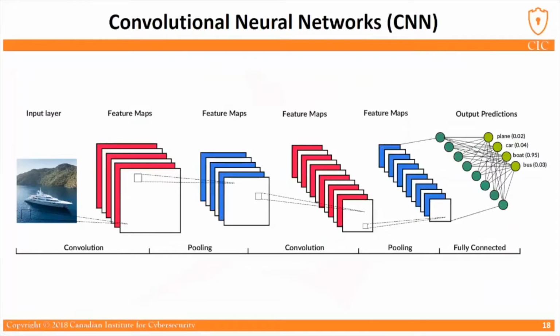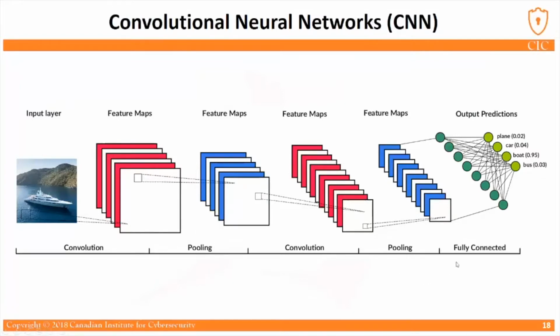Another state-of-the-art deep network architecture is the convolutional neural network, or CNN. It is very much used in feature recognition or image recognition, and it is based on the concept of filters, and we apply filters to, for example, the inputs and different layers, and the result of a filter applied to the image is called a feature map. And we have different operations in CNN: convolution, pooling that tries to reduce the dimensionality of the feature vector, and